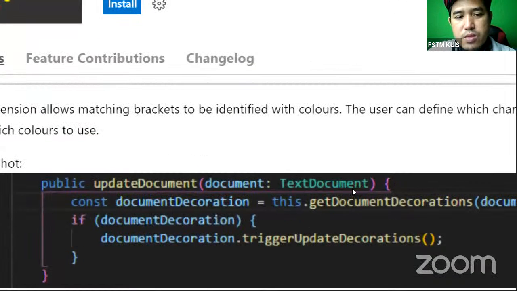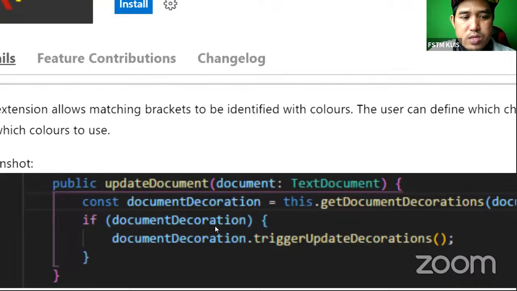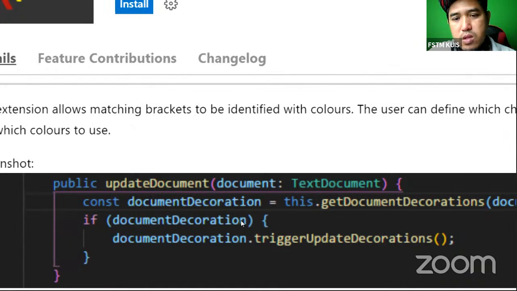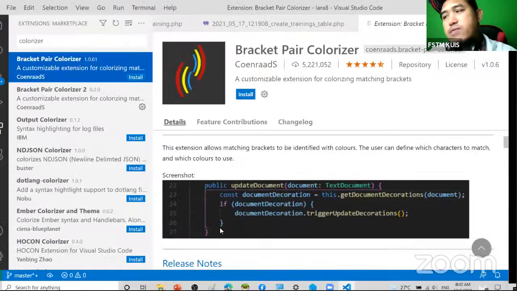This bracket colorizer will help you differentiate where is the beginning of that particular bracket and where is the ending. So this will come handy when you have a lot of nested loops, or you are dealing with so many classes and functions. So that's available in